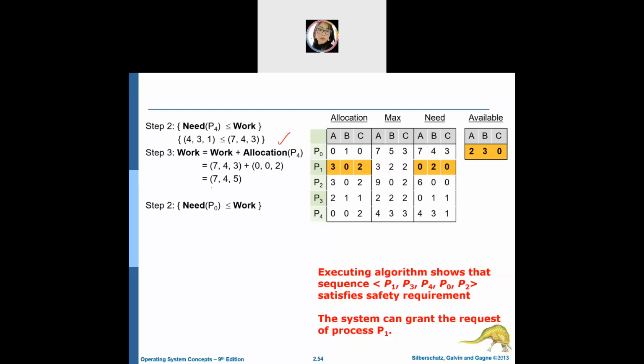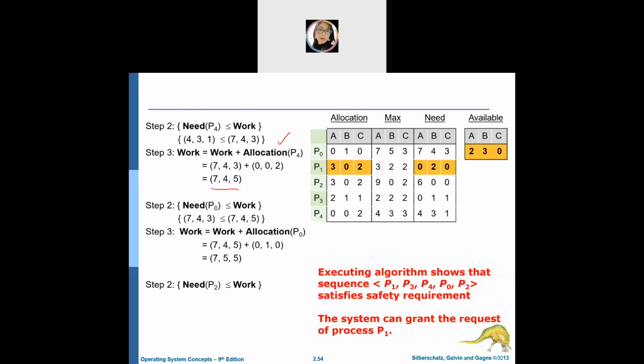Okay, now we go directly to compare with P0. P0, you can see here, also meets the condition, and going to go for the next, P2. It also meets the condition, and this is also safe mode. It is still under a safe state. You can try to look into it, if let's say you just jump up to P1, you go to P2, then P3, is it going to stay safe or not? So you try and error to get the flow of your safe